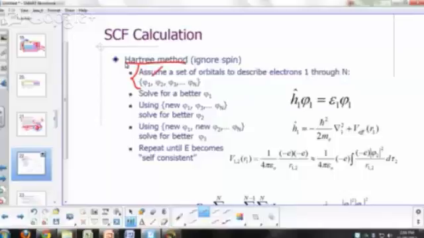Let's call those orbitals phi 1, phi 2, phi 3, all the way to phi n. If you know the orbital that describes the electron, then you know how that electron is distributed. The probability density,